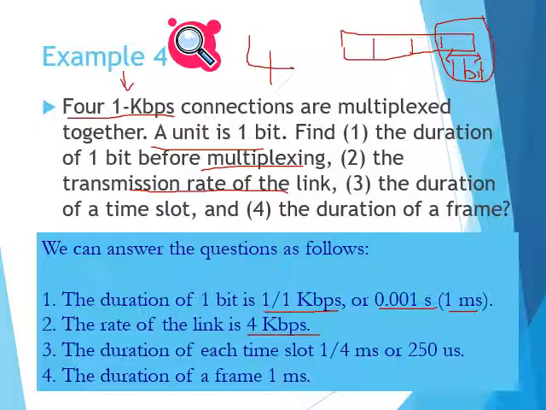The answer is the duration of a bit after multiplexing. So 1 millisecond over 4, because we have 4